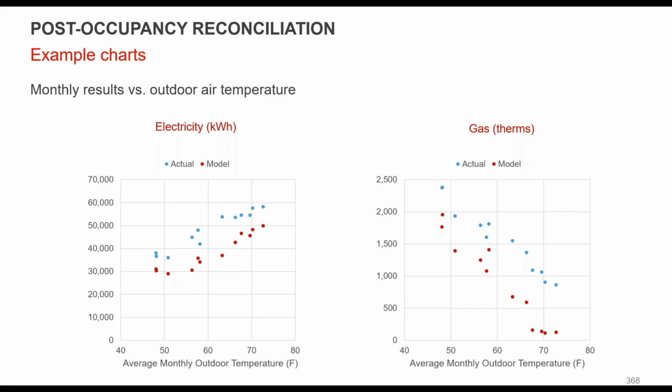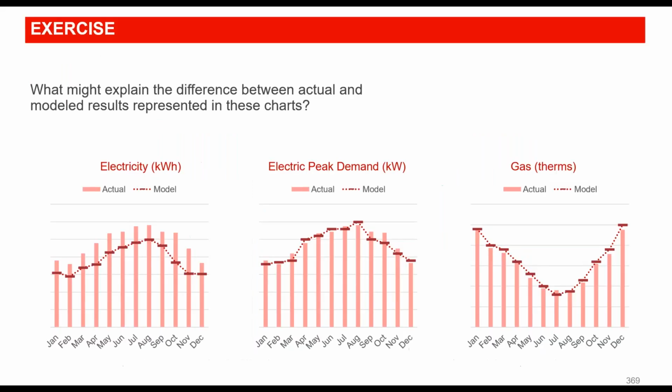Electricity, the actual outdoor monthly air temperature was a little bit higher than what we had in the original model. So the electricity related to that is higher. So we're getting some there. And similarly for gas. So there is some challenge there. So we started looking at it in a little more detail, and you see electricity, we're a little low, but peak demand's not too bad, actually, that we're kind of matching that. And gas also as well.